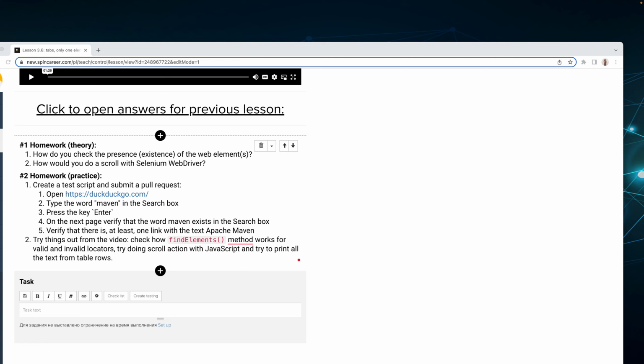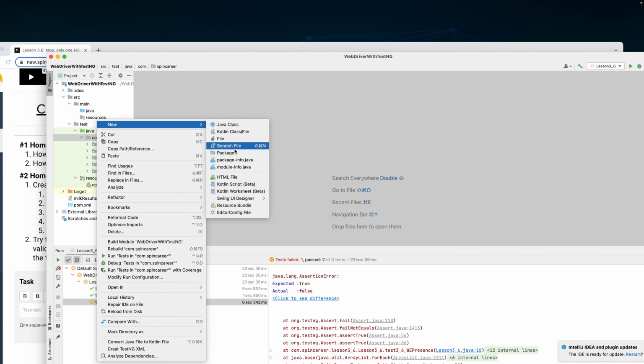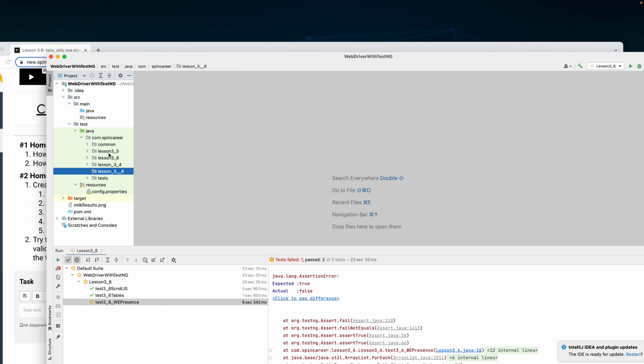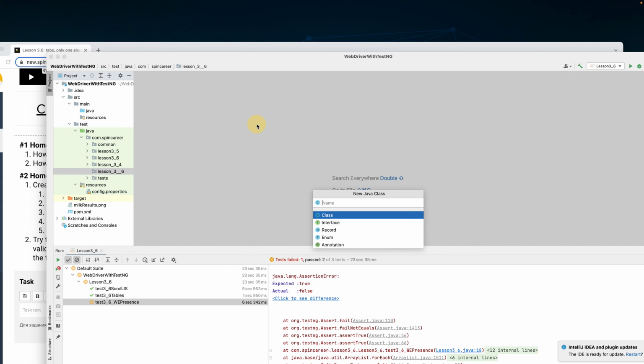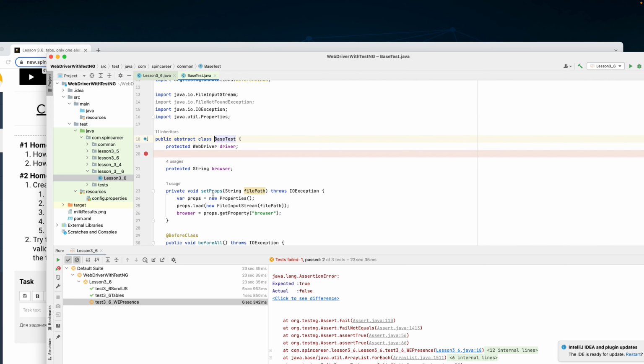Okay, I'm gonna use existing project. This is my existing project. I'm gonna go ahead and create the package Lesson 3.6. Okay, and then in 3.6 I'm gonna go ahead and create a class Lesson 3_6. Okay, so I'm gonna extend this class from base test, so that now I have driver and I have